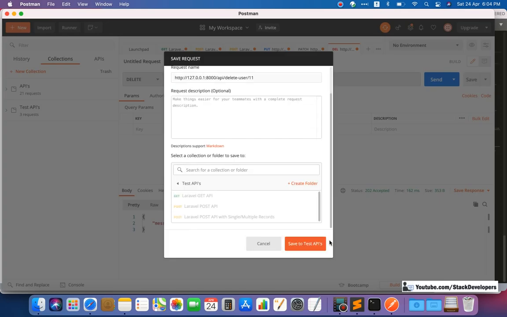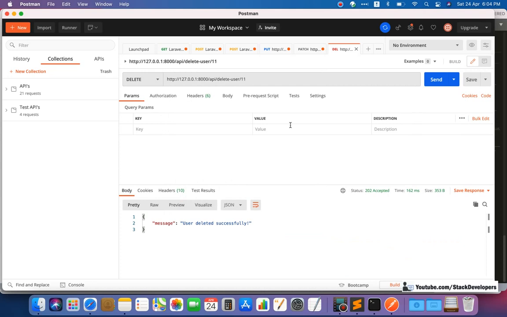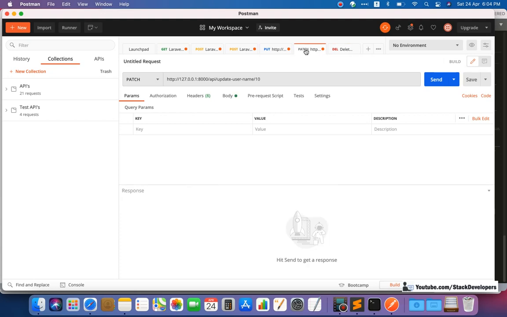It's always a good idea to save your APIs. So I have just saved this, and we'll name it delete API single record with param. The next one I'm going to do is the delete API single record with JSON.